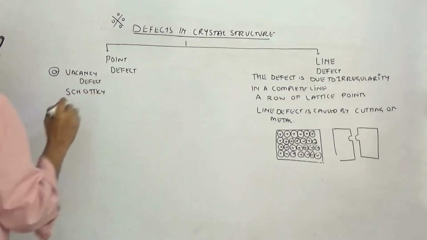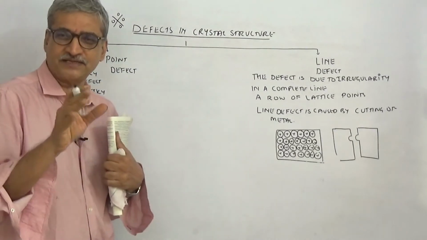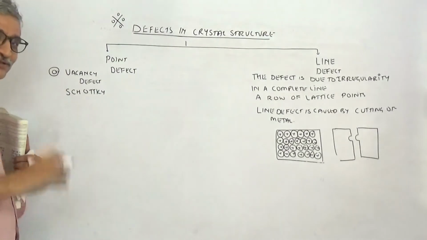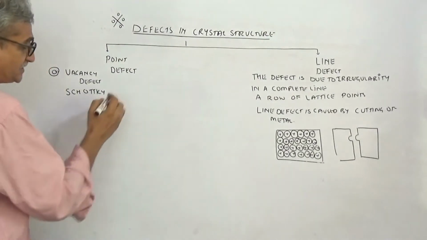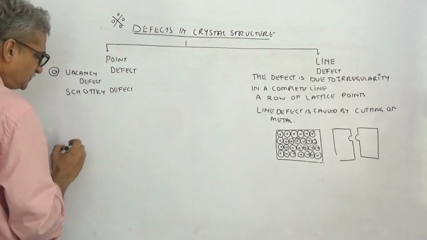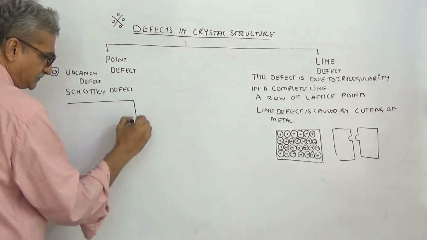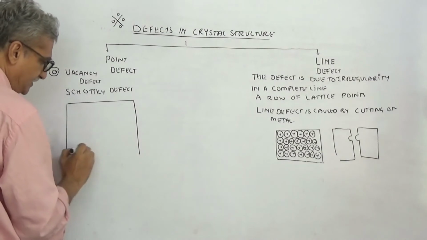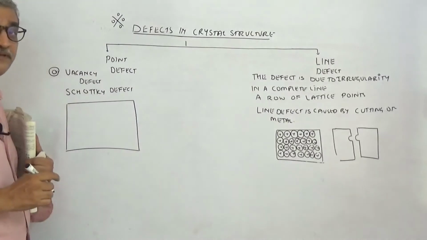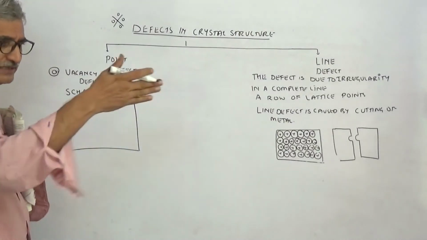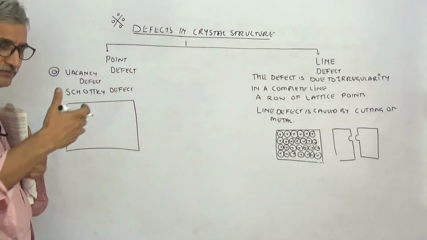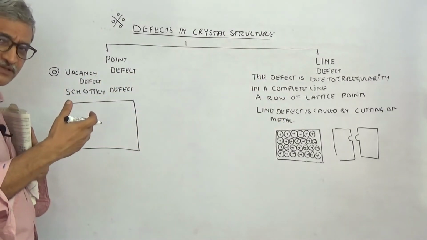Schottky, Cannizzaro, these are some names where I have a big problem with the spelling, in all these years. So always I look and write. So this is called as Schottky defect. This basically happens in ionic crystals. So understand, ये क्या था? Line defect was mainly found in metal crystals, because when you cut the metal, one complete row has gone into the other part and one row over here is left without that.